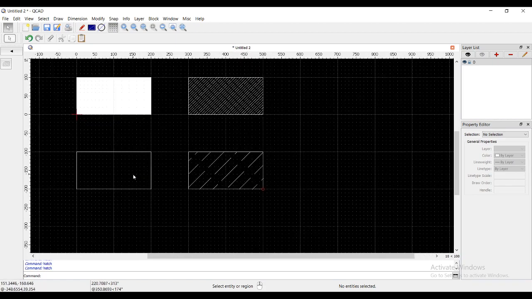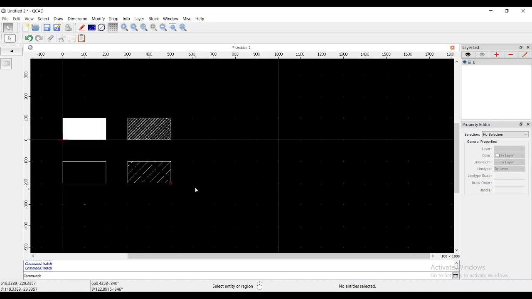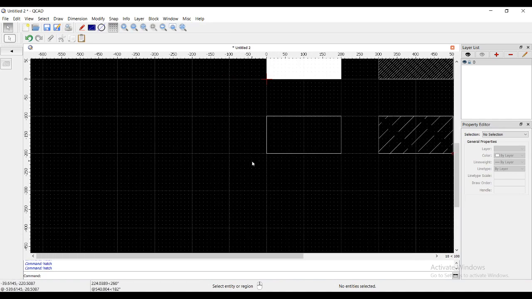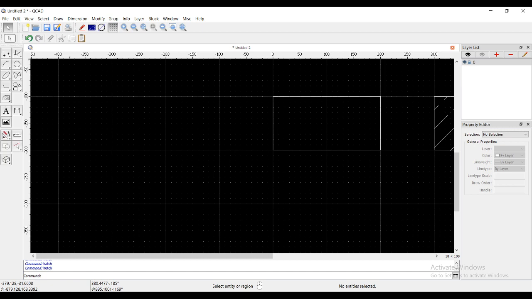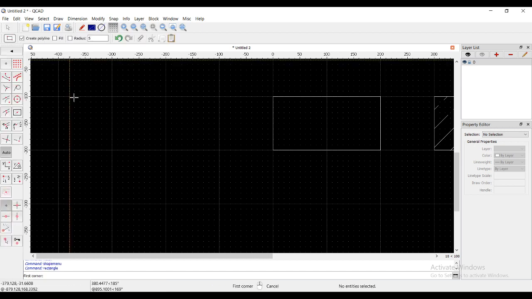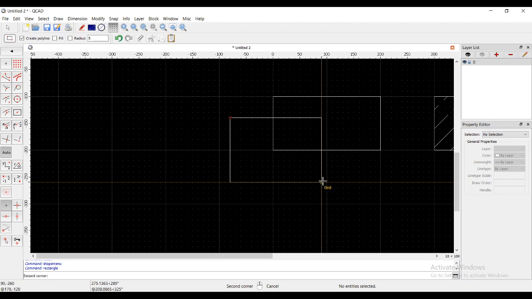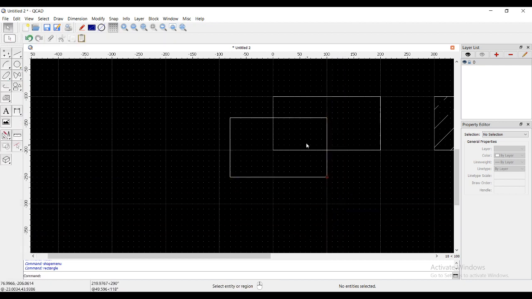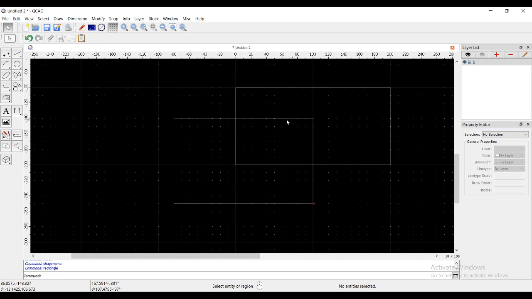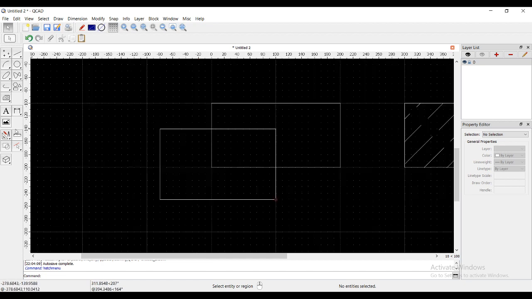But there is a catch. For this open source QCAD, there is a problem when I get some intersecting sections and I want to hatch a specific intersecting section. Let's say I want to hatch this inner part, the intersection part of the rectangles. This area I want to hatch and I cannot select that area independently. That's why I cannot hatch it. So this is how the problem with hatch will occur.